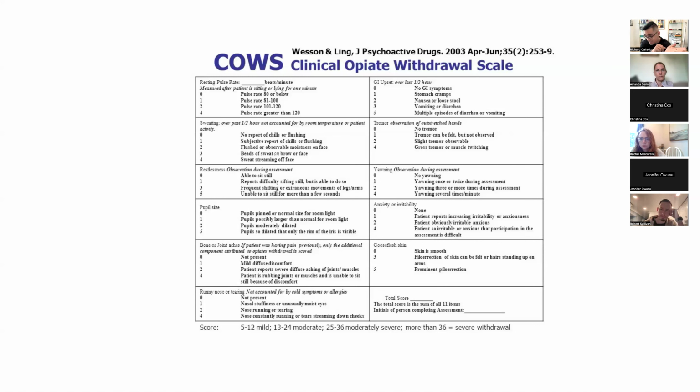It's not going to kill them, but they're probably going to want to kill you in the office because they're going to feel like crap, right? Diarrhea is going to come, all the withdrawals are going to come back very strongly. It's not good practice. So if you're working in addiction medicine, you want to be as precise as possible. You want to make sure someone scores at least, and I'm saying at least, some people even say higher, at least a 12, right? So you have to do this, COWS, right? And you have to be at least in moderate withdrawal.